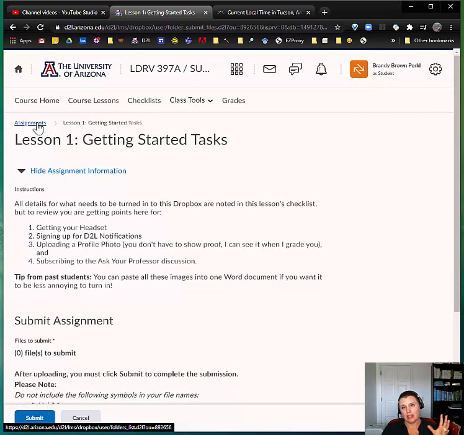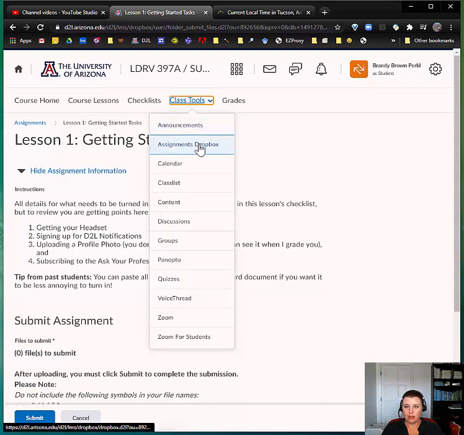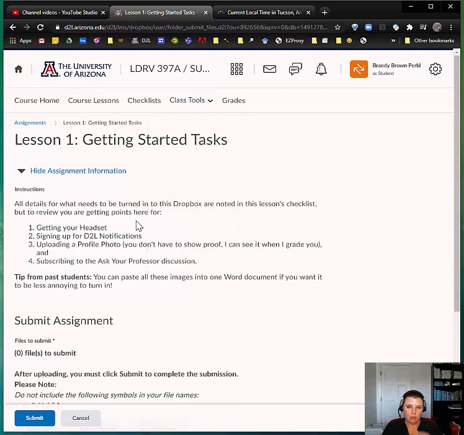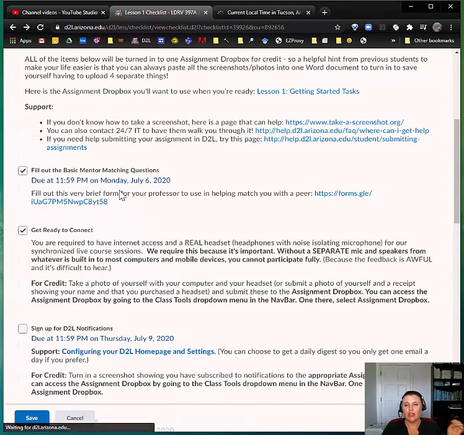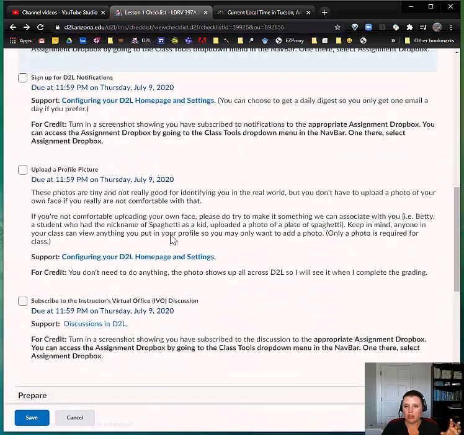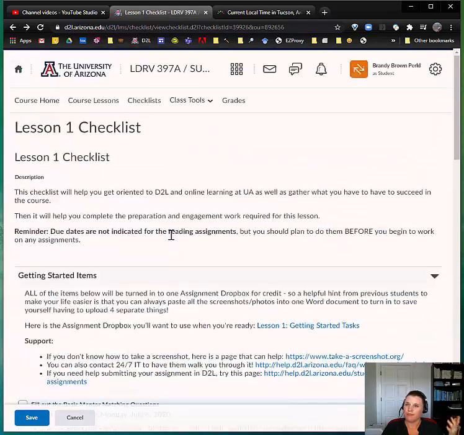However, you can also get to things in D2L via assignments. You can click on Assignments Dropbox, you can go to discussions, you can go to quizzes, you can go to Zoom, whatever it is. We're not going to use VoiceThread and Panopto in this class, but we do in some other courses. And I like to make them available in case you're interested in the tools or need to use them for any projects, no matter what. But you can click through to things multiple ways. There's always more than one way to get to everything. I just try to use the checklist to help you get there when you need to turn something in for the class. Now, some students find that this and the calendar function don't help keep them as organized as they would like. I don't feel like it keeps me as organized as I would like either.